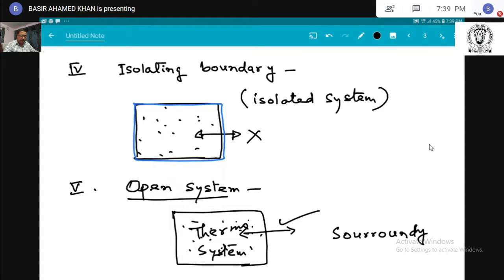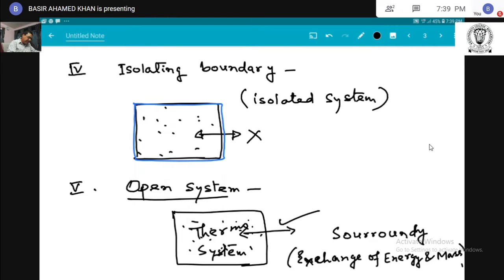Exchange of energy and mass, then the system is known as an open system. Closed system,